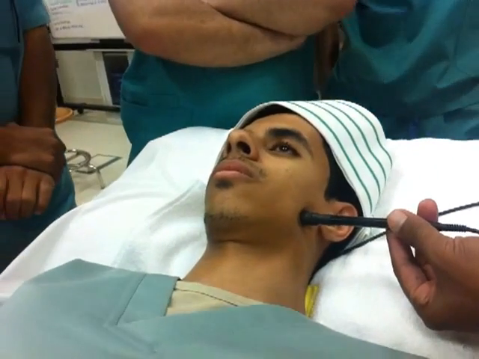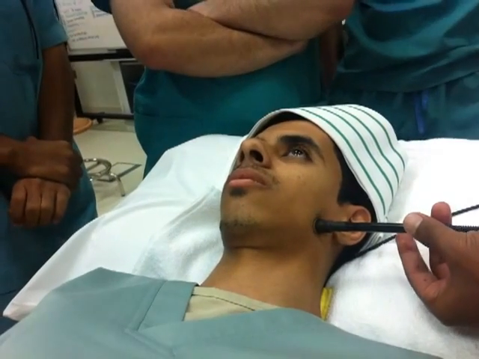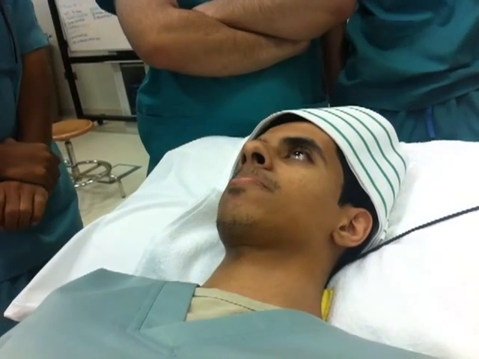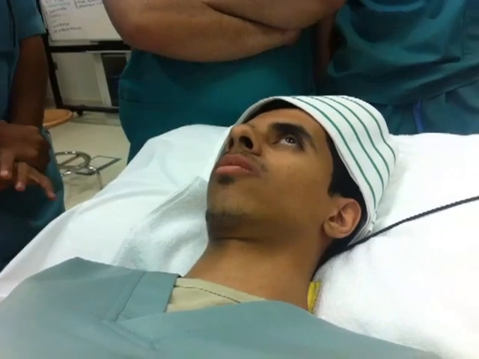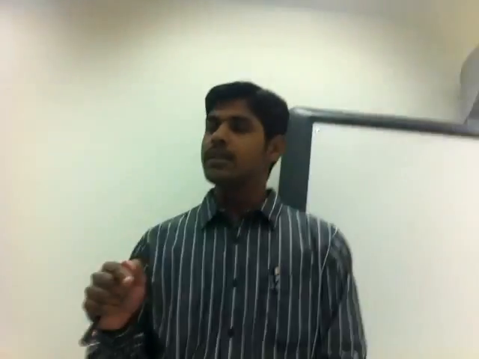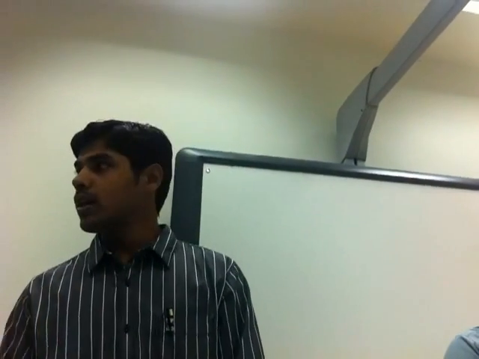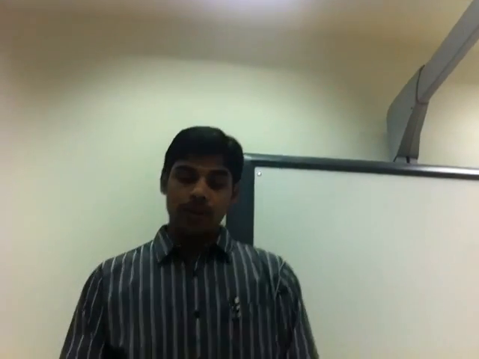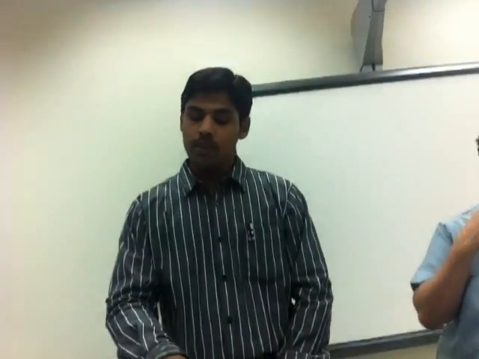So after individual muscle stimulation, we go for group stimulation: upper trunk, middle trunk, lower trunk. Okay, clear with this? If you want to stimulate an individual muscle, you stimulate the motor point. So you know what the motor point is? The motor point is the point by which the nerve enters the muscle. The main nerve enters the muscle for its supply. So the point I have shown, you have to stimulate.